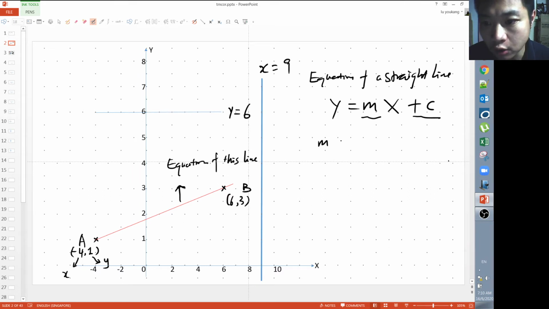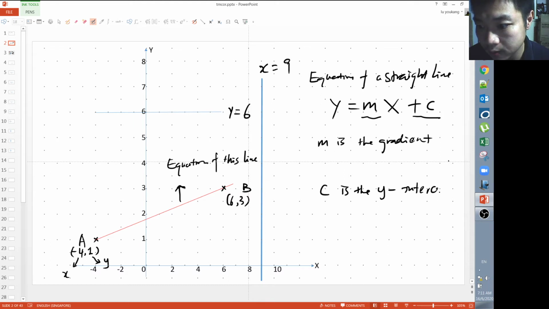All right, so m over here is the gradient of the straight line. Alright, and c here is the y-intercept. Okay, so I'm going to show you how you can find the gradient. Alright, so there is a formula to find the gradient. So the gradient is actually (y1 minus y2) over (x1 minus x2). So in this case,